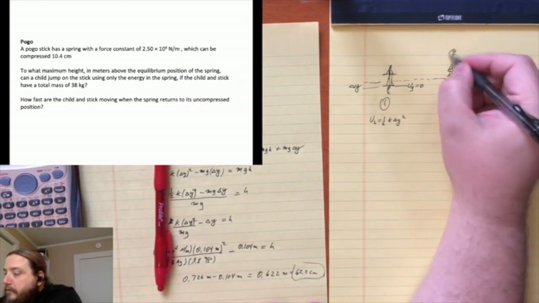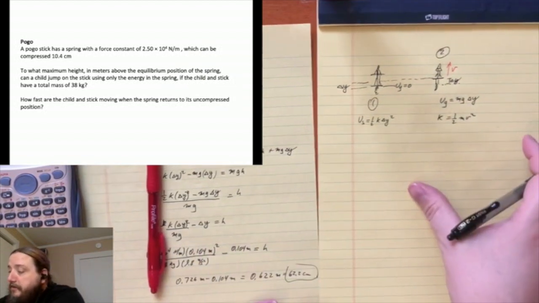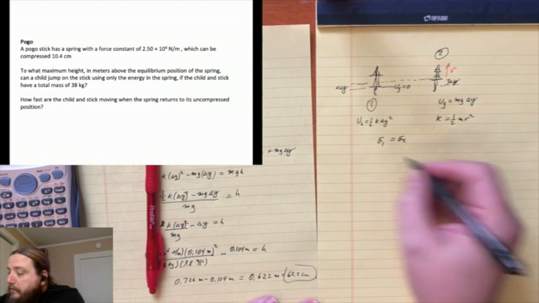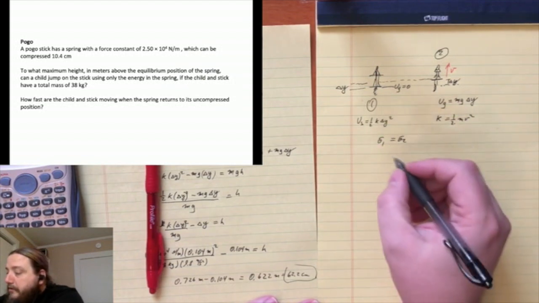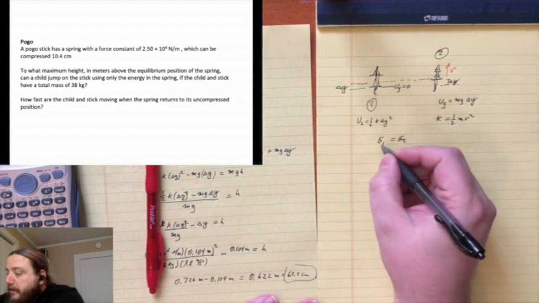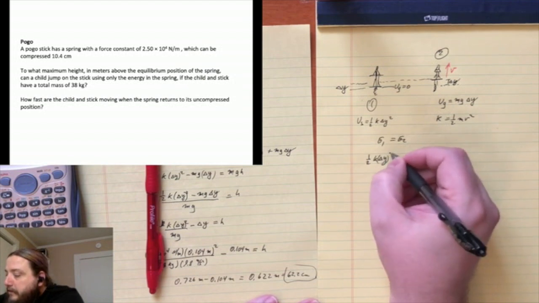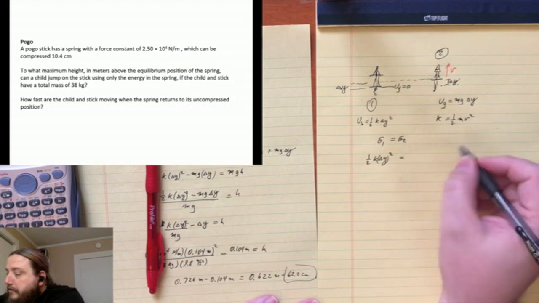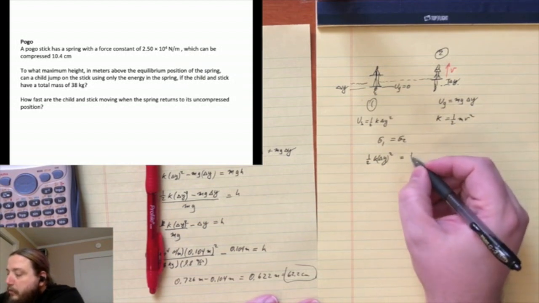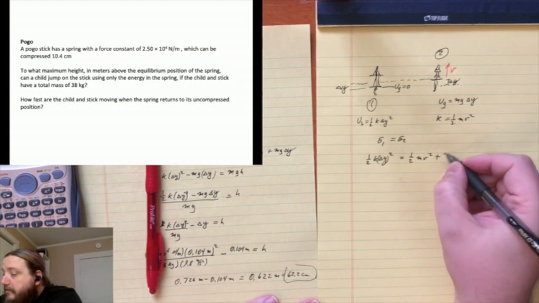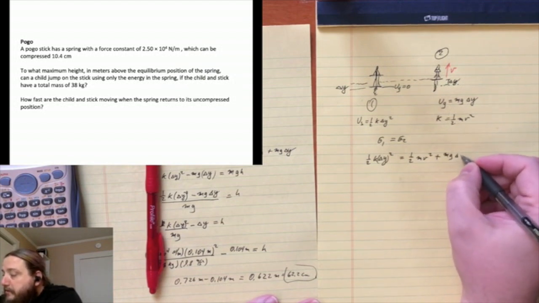At moment 2, again, we're going to conserve energy, so we say energy at moment 1 equals energy at moment 2, and we write down the terms of energy that we have at each place. So energy at moment 1, that's 1/2 k delta y squared. Energy at moment 2, that is 1/2 mv squared, our kinetic energy,